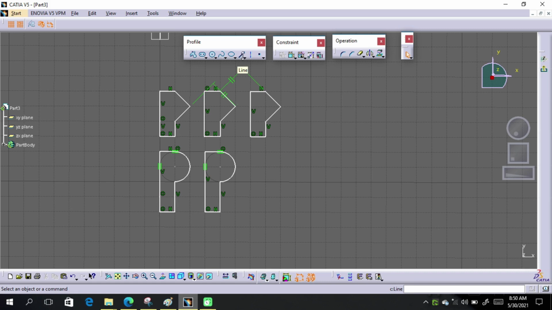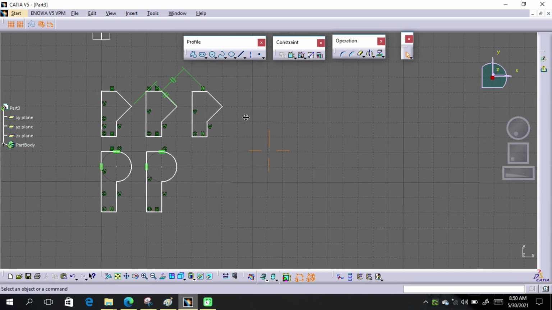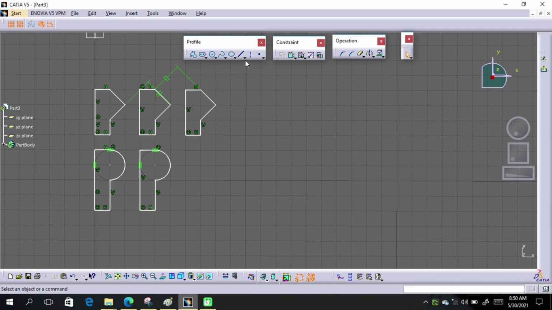Now you have two options to create line. First line tool and second is this profile tool. Use any tool as you feel easy to work. Any tool which has a little icon near it means the tool has many options. Just click on the little icon and you will get a drop down menu. Just pick this drop down menu and extract all tools.